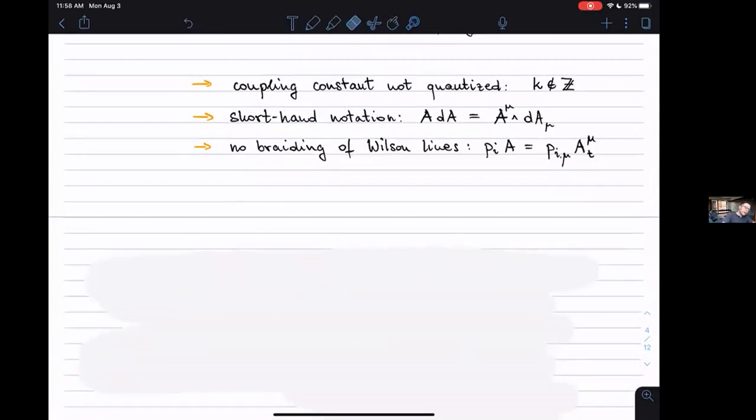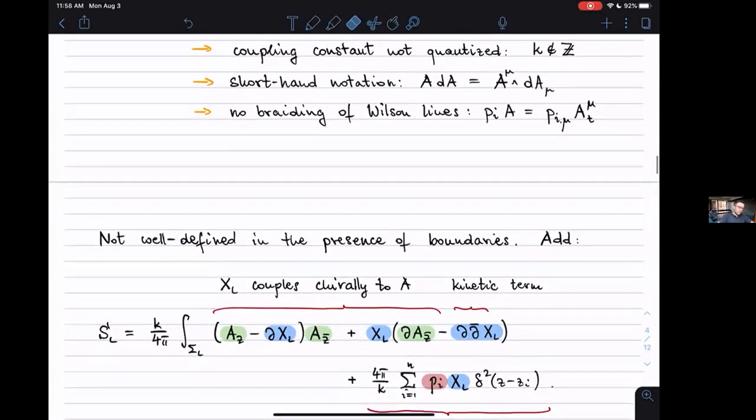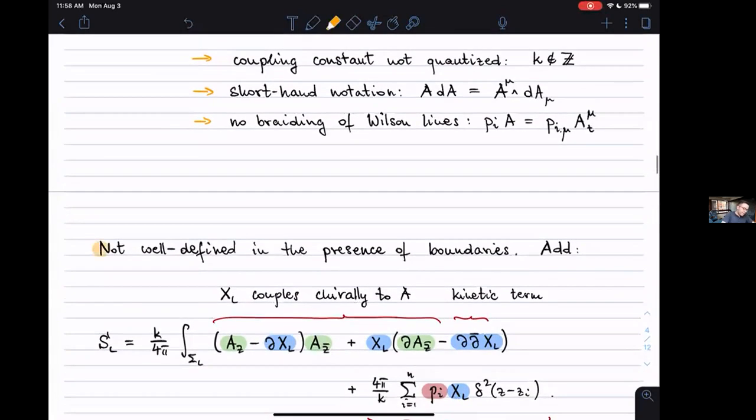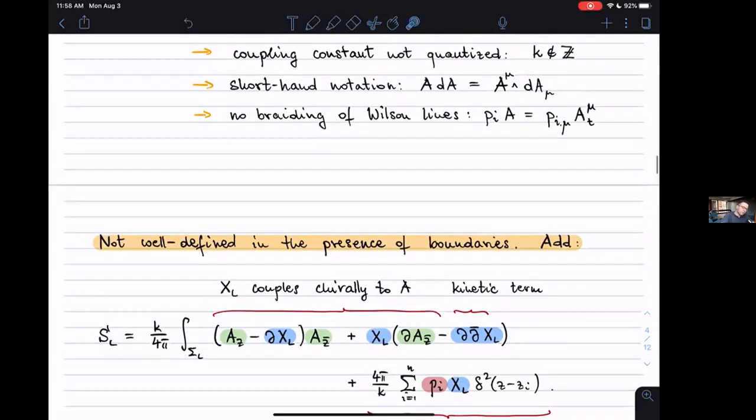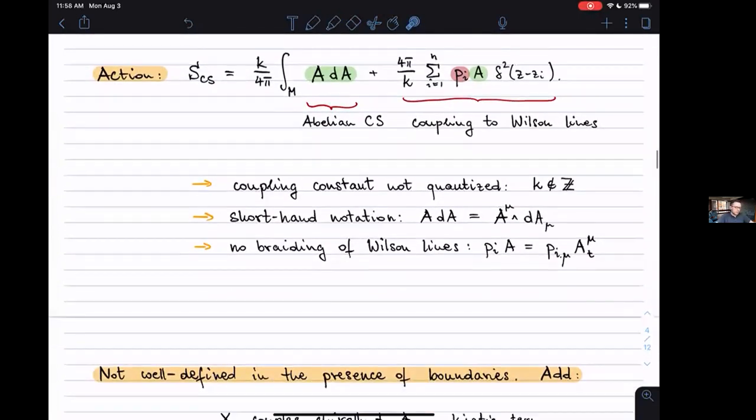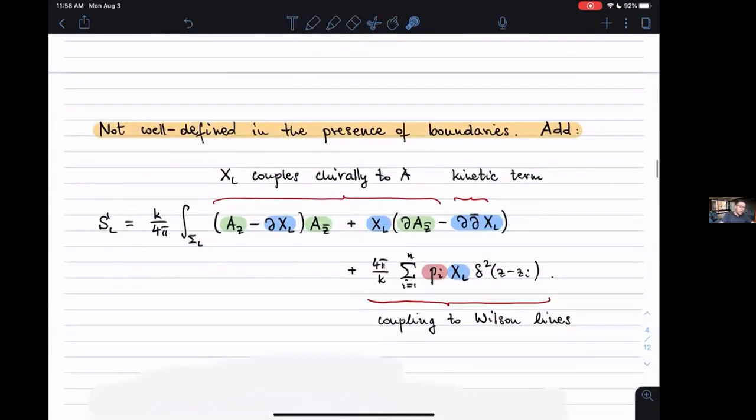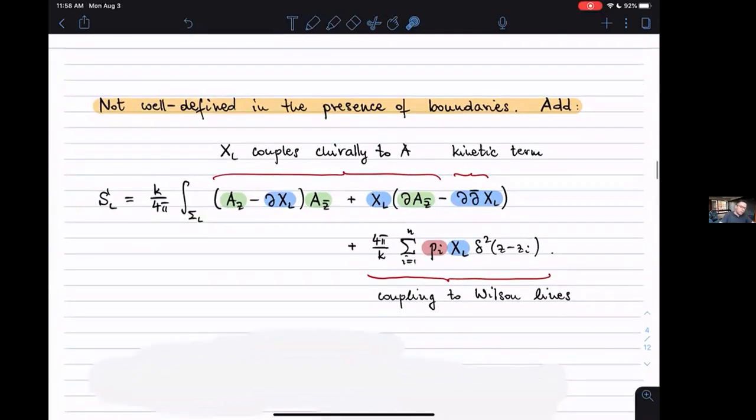So as the next step, the obvious thing is that this action is not well defined in the presence of the boundaries. If you just vary this action, the variational principle is not well defined, and that means that you have to add some counter terms. And these counter terms, another way of thinking about them is that they dictate the dynamics on the boundary. Okay, so if you just do it, you discover the following